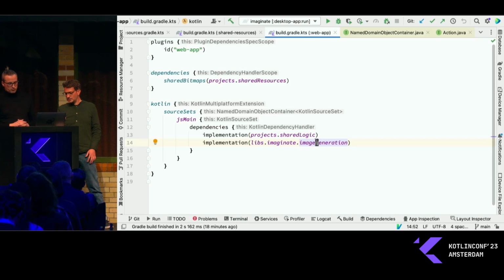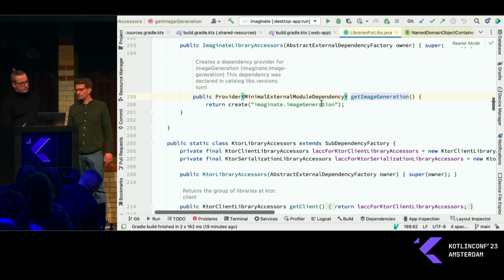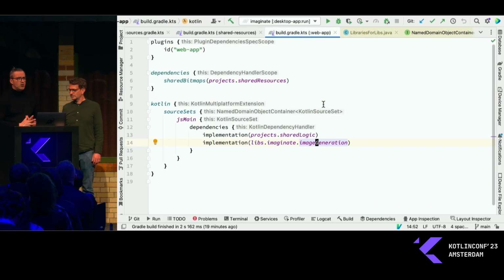And then in dependencies, we see, again, a project accessor to shared logic, and version catalogs for declaring dependencies, where you centralize your version declaration in a TOML file. So this is all generated. In more recent versions of Android Studio, the latest for now, Giraffe,